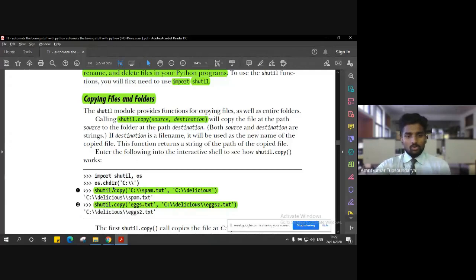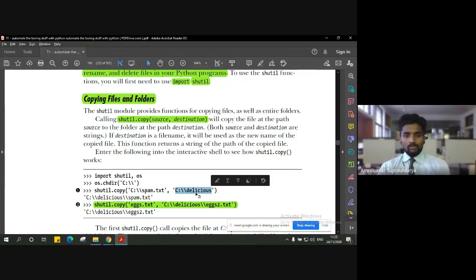So the command goes like this: shutil.copy followed by the source. This is my source, that is the C drive followed by the name of the document. The second argument, since I'm copying the same file, is the C drive slash a folder.